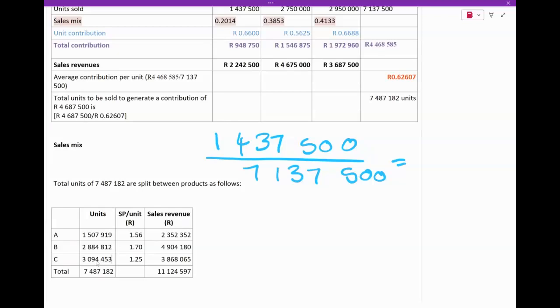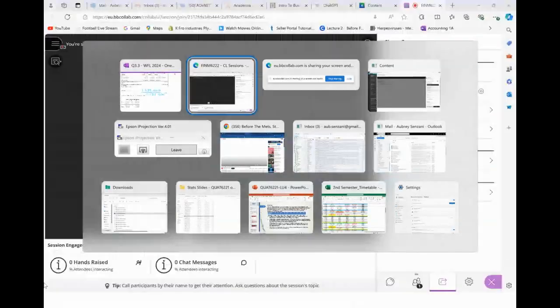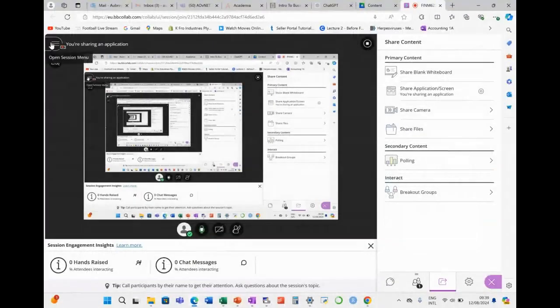So take note of that. Because either way that you answer it, you should get your marks. In the back of the textbook, they're just focusing on it mathematically. And from a finance perspective, as was mentioned, we can't have point anything of a product. It has to be a full unit. But anyway, I think we've labored the point. So we can end